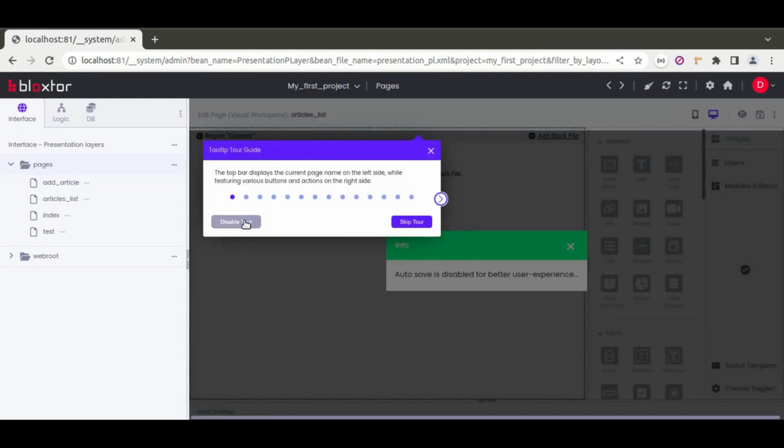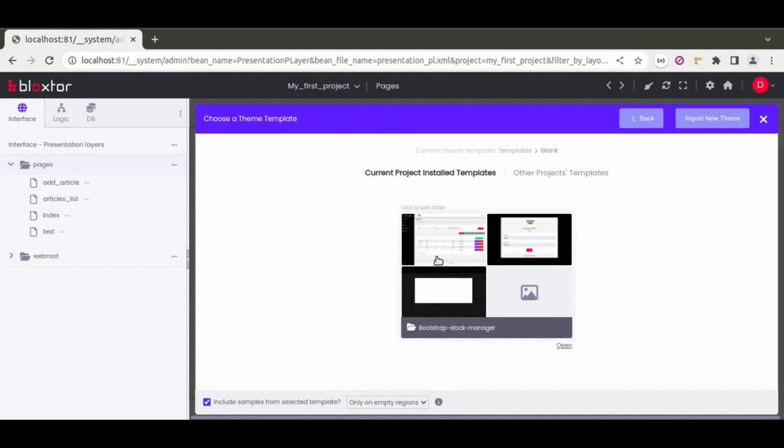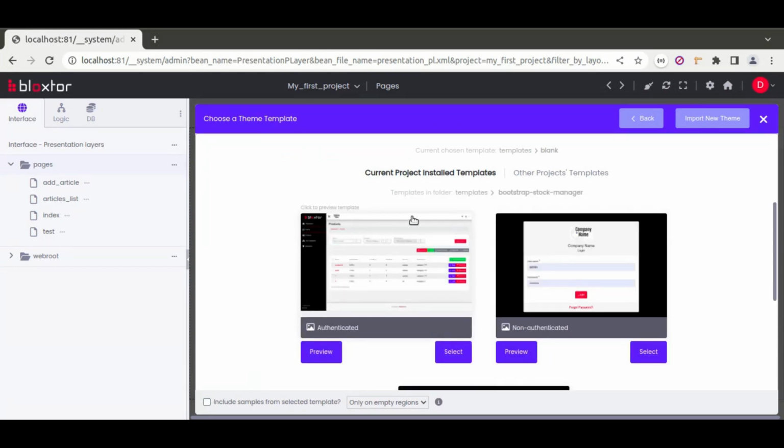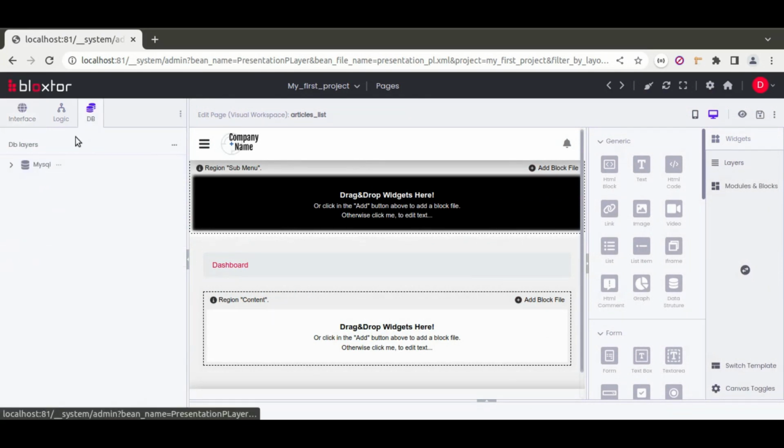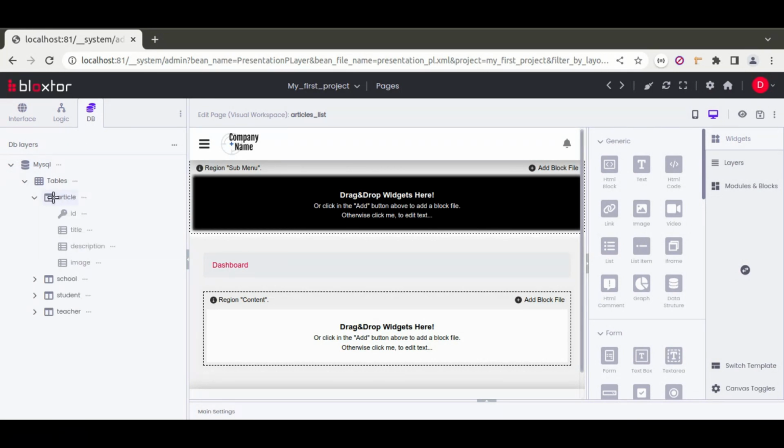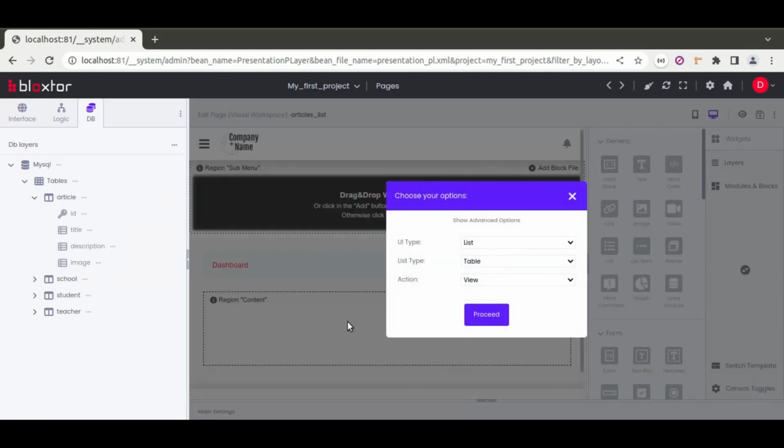So first thing to do is to create a page, as we did. Choose the templates that I have installed before, and now that we have here our canvas with the corresponding templates, let's go to our database panel and open the article table and drag and drop it into the content region, and then select the list table